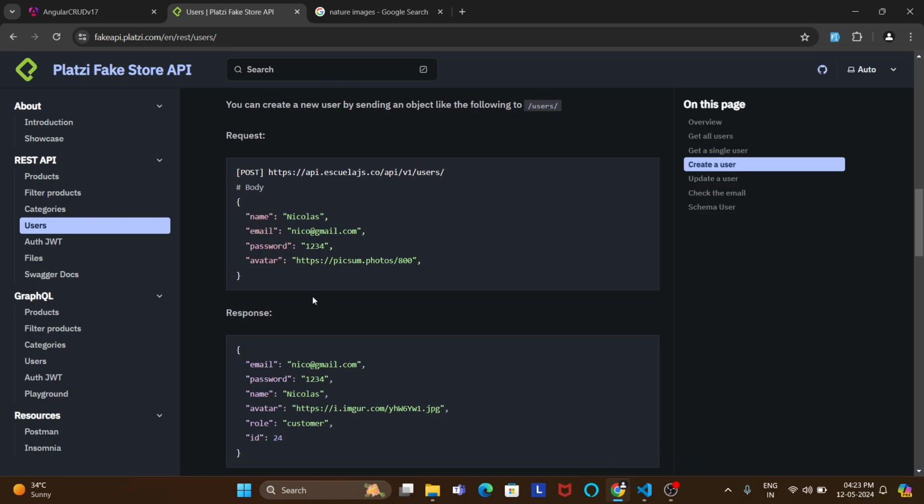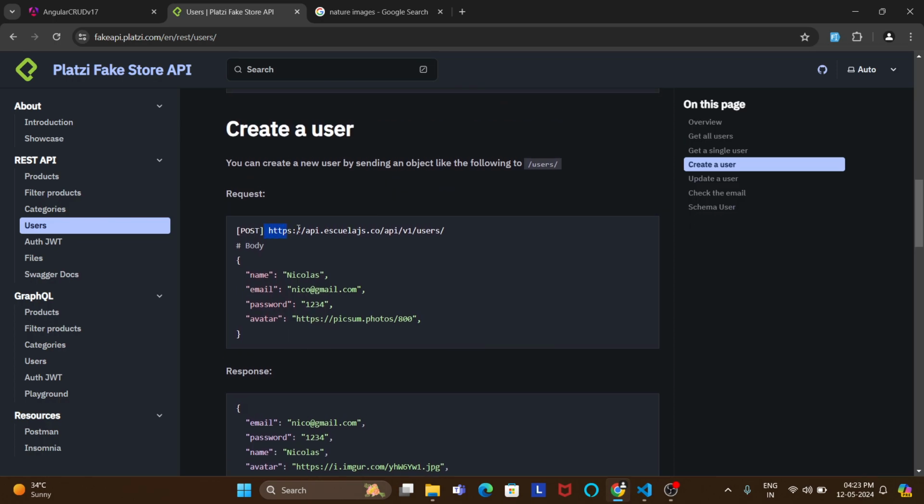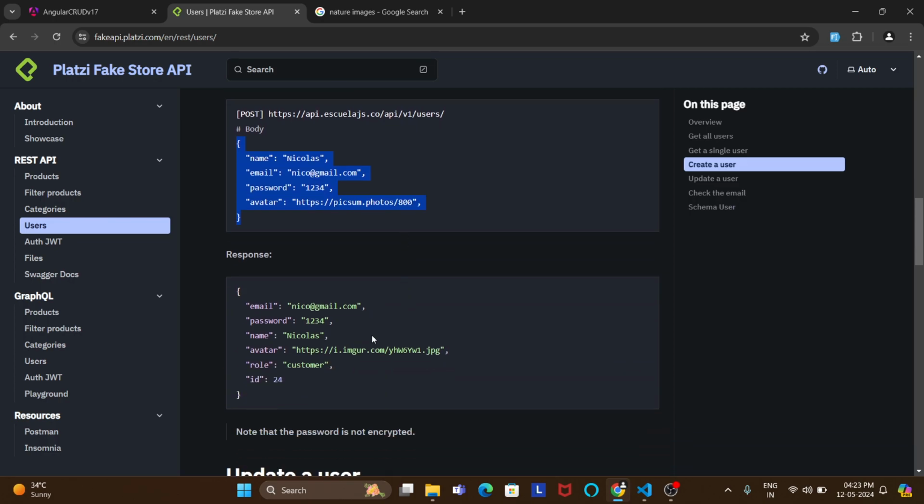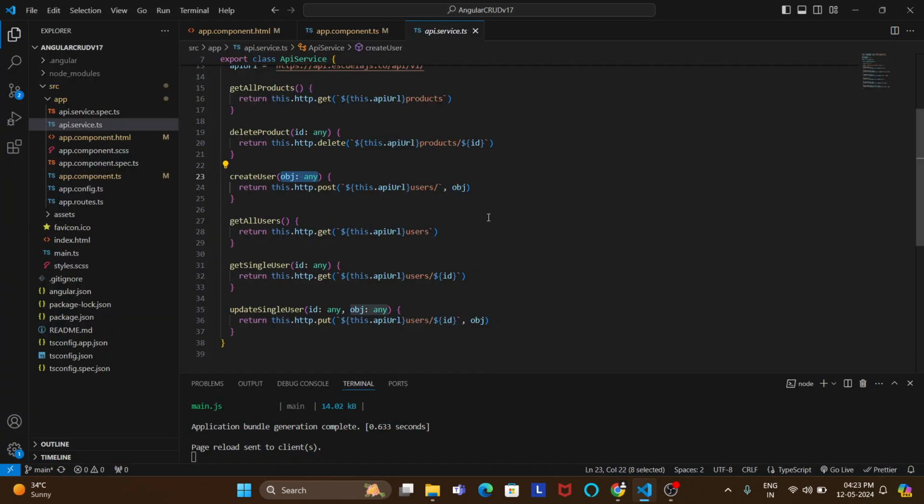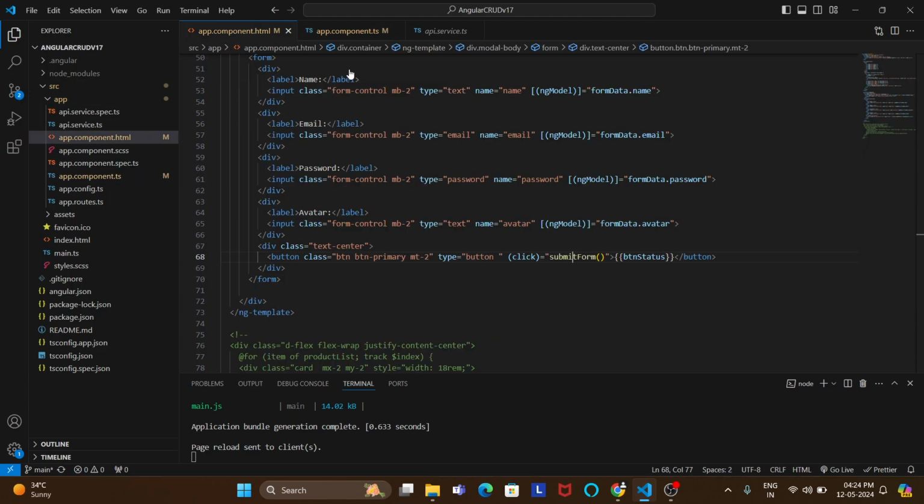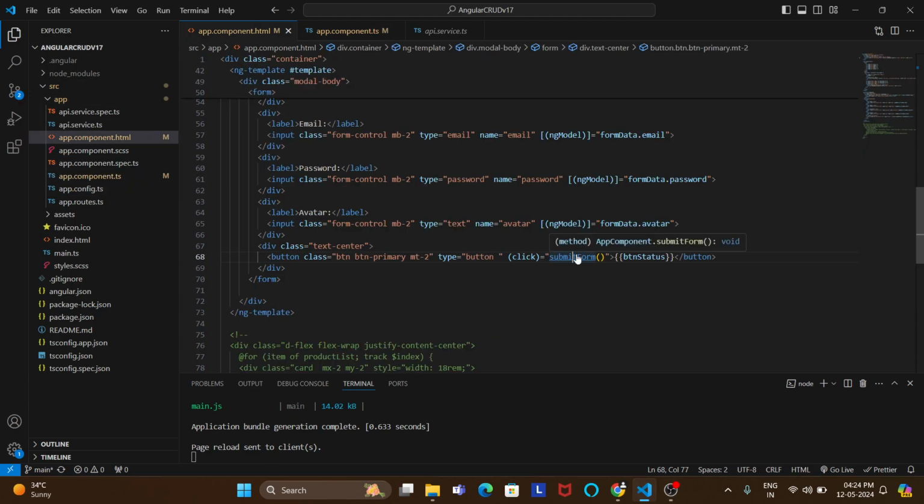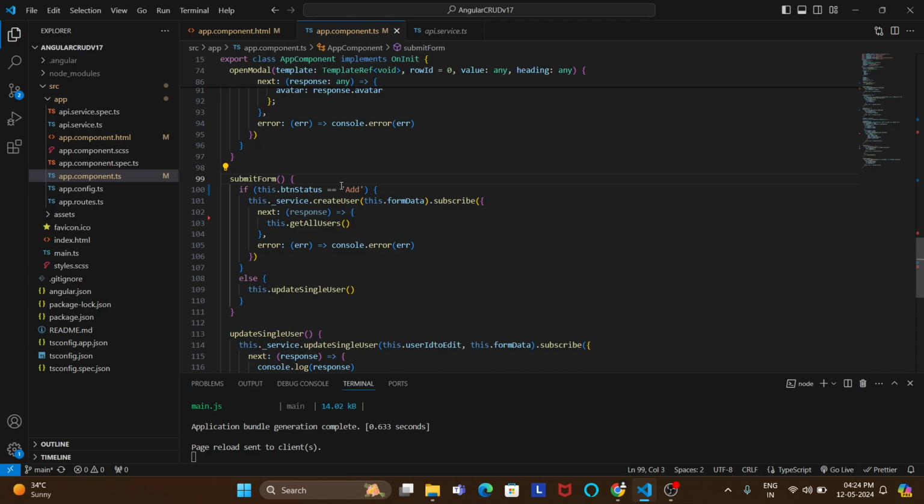to create a user, I need to call this API URL, and I need to pass this object to create the user. And I will get the response like this. So here in the HTML, I'm coming once again. When I submit the form, if the button status is equal to add, I will call the API service and